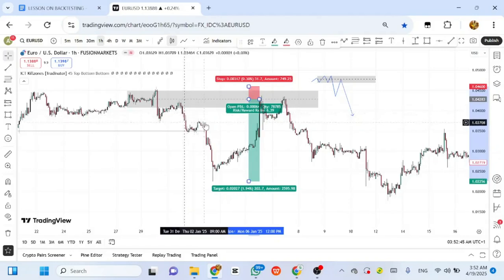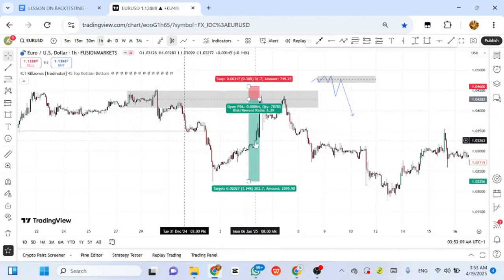This makes sense for a kind of inducement. So if I see this as an inducement, that means I'll pay attention to this part. And the FIB even gave us that confirmation that this zone was the zone of interest. So now it was good we took this trade here. So now you have seen how I've gotten the risk to reward and the entry and the exit price and everything. All right. So this is for trade one.